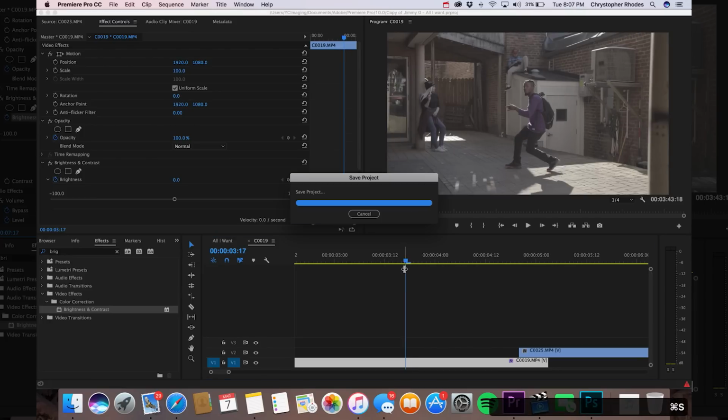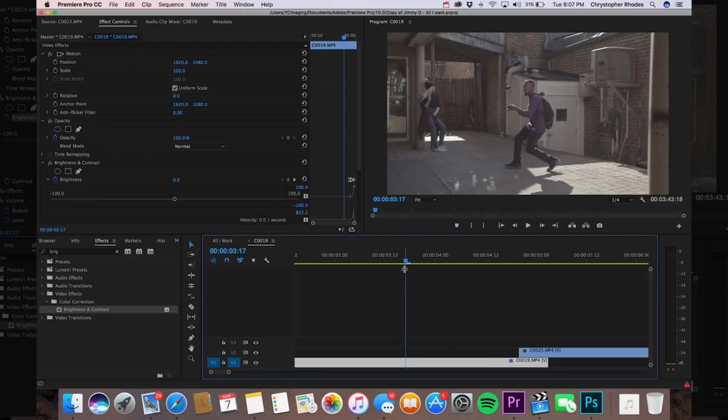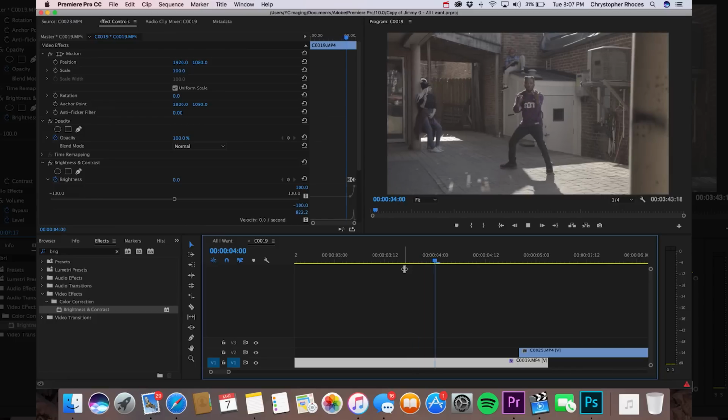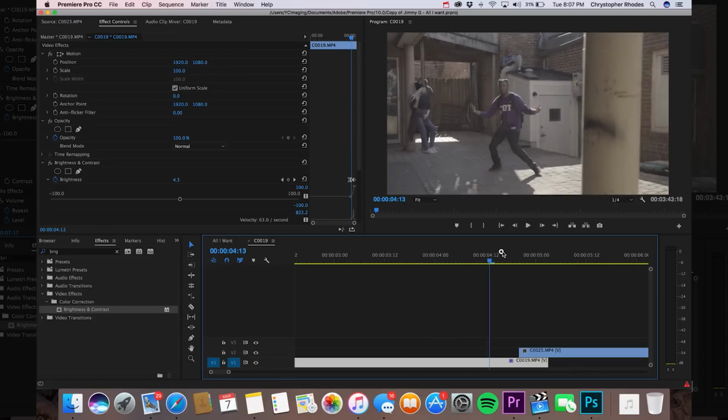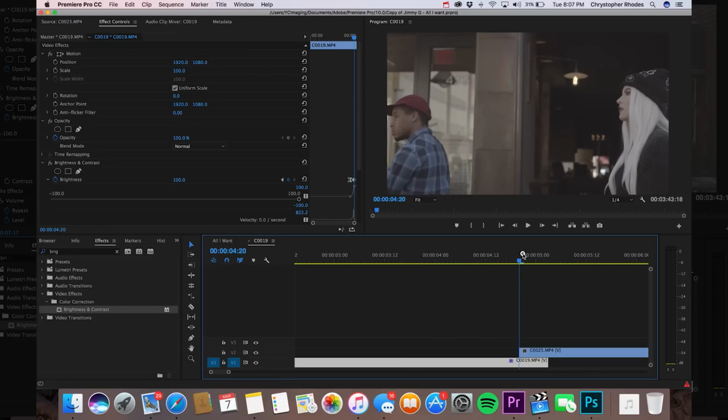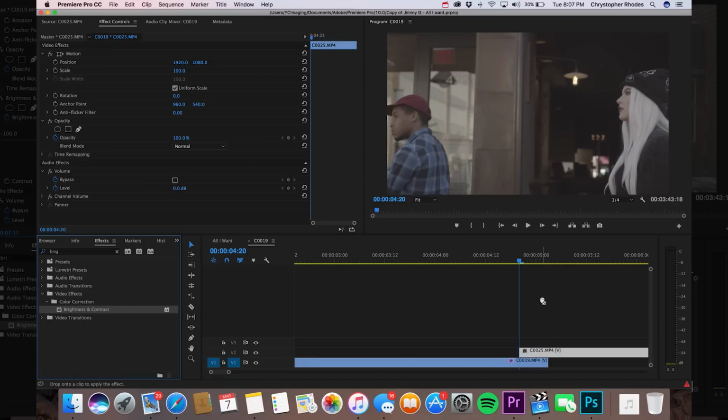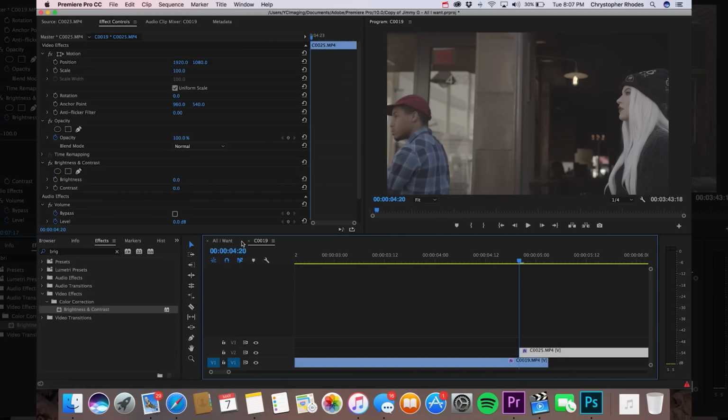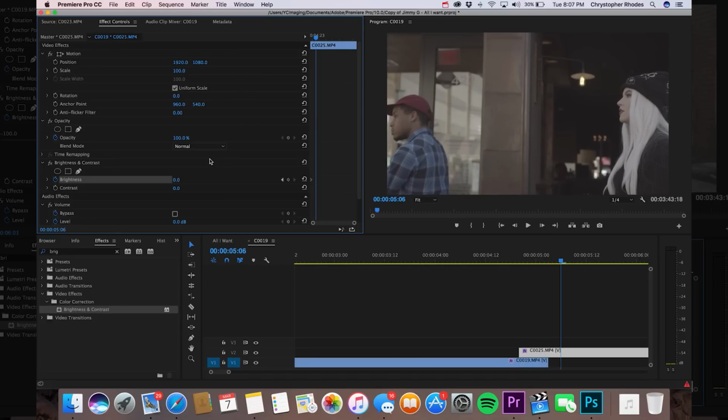And we can also add in a brightness transition to the second clip that we're transitioning into as well. So we can have this one build up, and we can have this second clip right here come off of a flash. So the way that we can do that is basically what we just did to the first clip. If we go in and we add the brightness and contrast to this clip, we'll add in that first initial keyframe. We'll go over 10 frames just like we did in the first one. So let's go over 10. 1, 2, 3, 4, 5, 6, 7, 8, 9, 10. Add in another keyframe right there. Push this left one to go to the first initial keyframe that we added in.